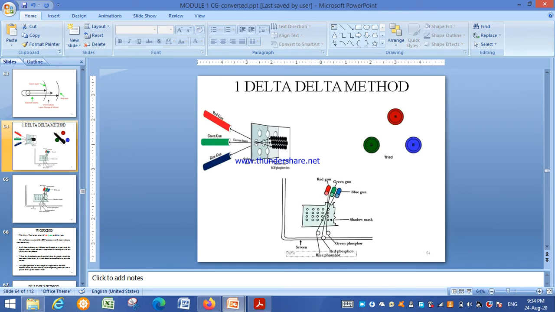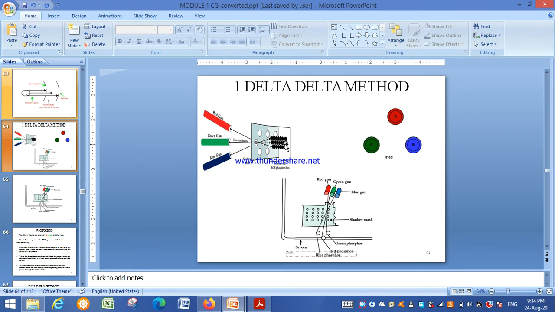In the shadow mask method, we have 3 electron guns, and there are 3 color dots for each pixel position, corresponding to red, green and blue. Red, green and blue are primary colors. Using these 3 primary colors, we can generate an infinite number of colors.